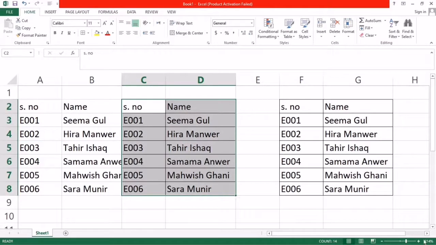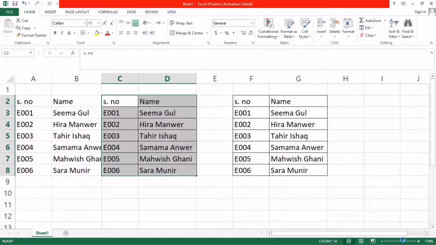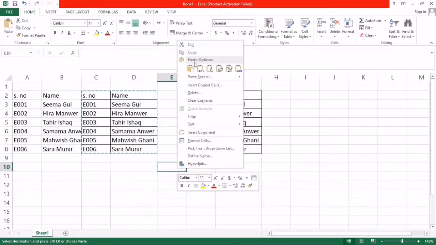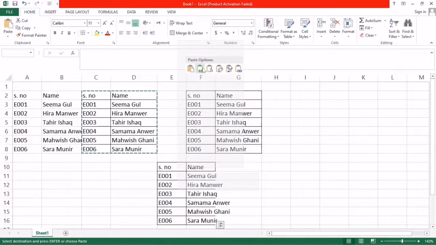And suppose you want to select this, and again Control plus C for copy. If you forget, no problem, you right click and you can see the paste options. All these options appear here. You click any of the options which you want, such as values or formula.